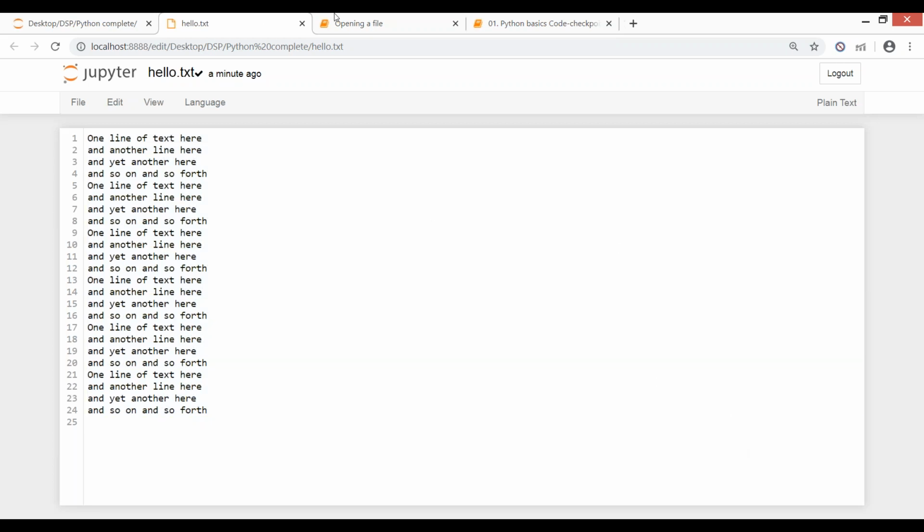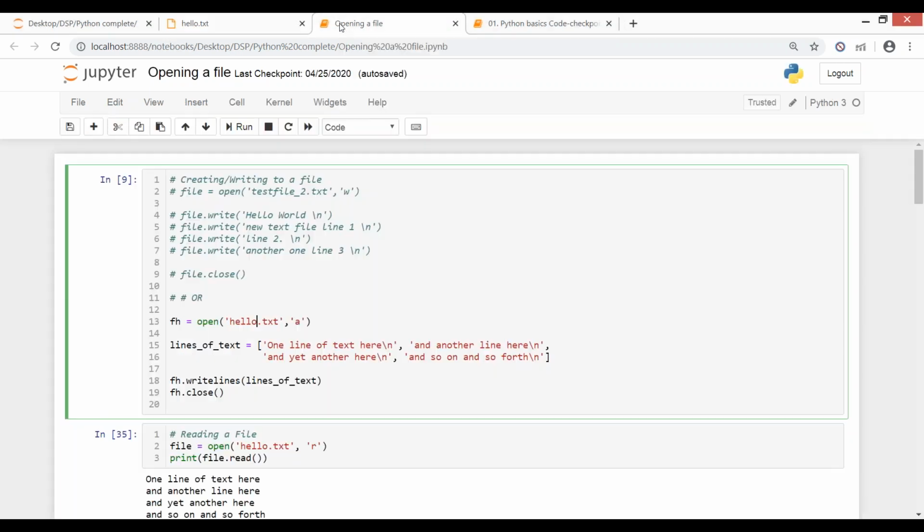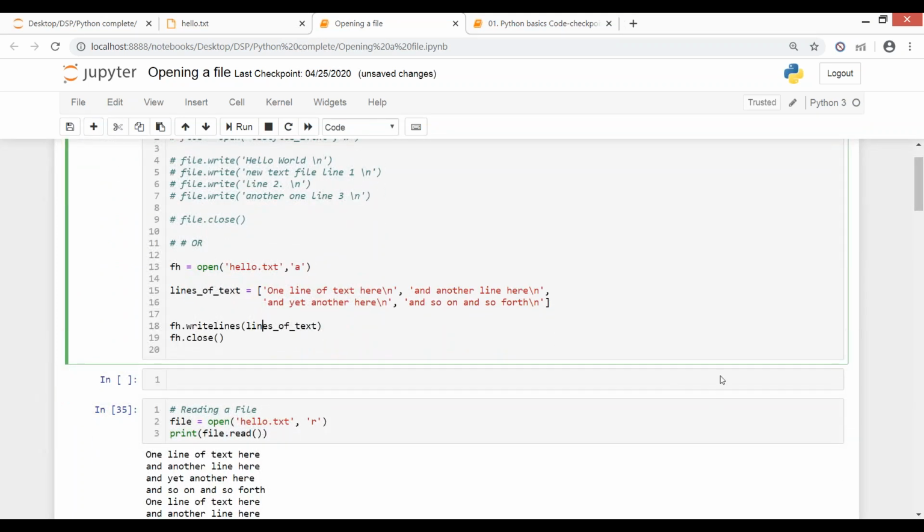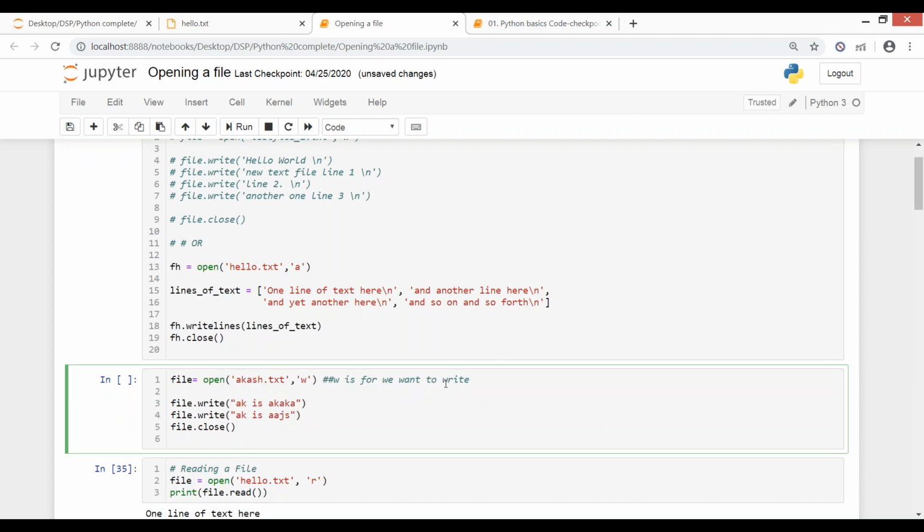Okay, it's coming blank in both, Akash. So you have to understand the difference between this keyword here. If I'm writing W, it means I'm writing to a file. If I'm writing A here, it means I'm appending to my file. So the number of times I run it, I will be appending to that file. So once a thing is written, then I can append more. I can change these values, and then I can append. Then I can again change, then I can append. So my document will have all those values which I want to write.